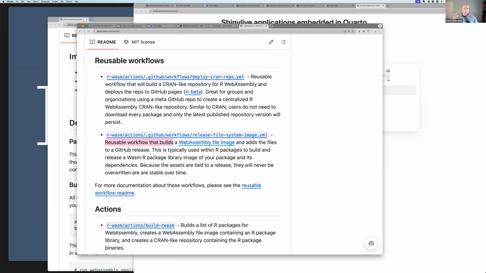If you install from GitHub, given the GitHub release or that tag, then when we go to export your application, we will see that Barret's secret package was installed from GitHub on this tag, and there is an asset file which happens to be a WebAssembly image. We'll download that and use it for your package rather than the one that comes from the WebR CRAN repo.